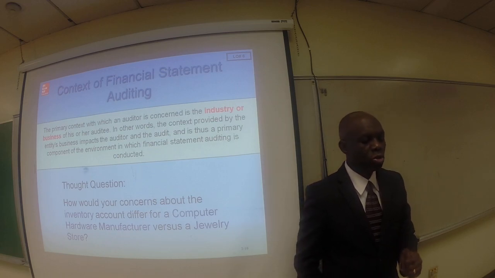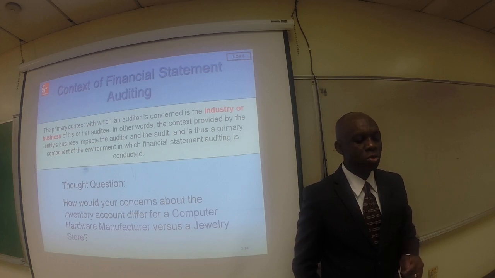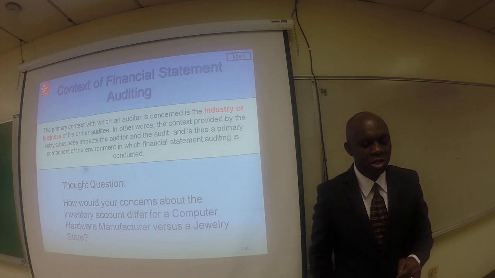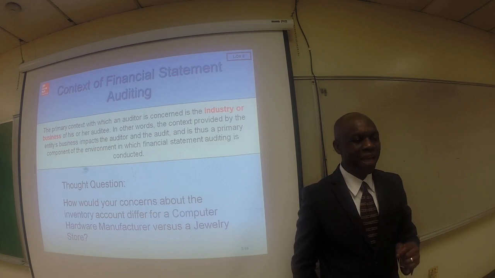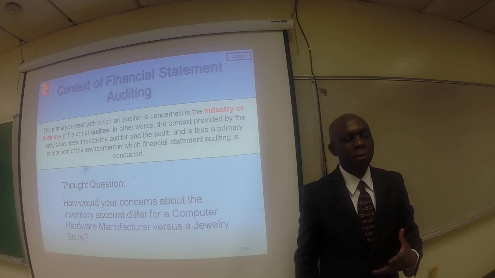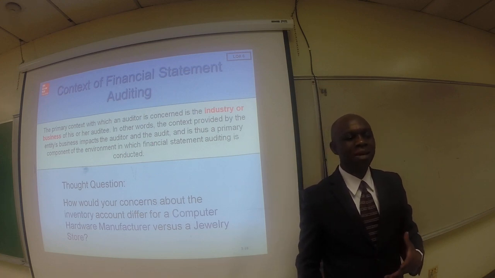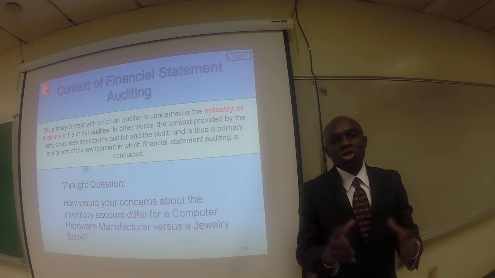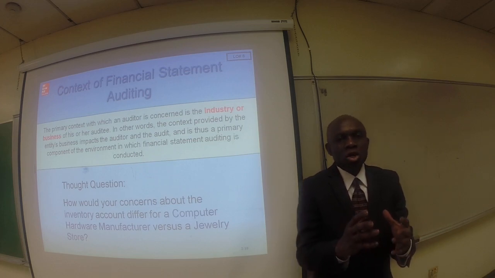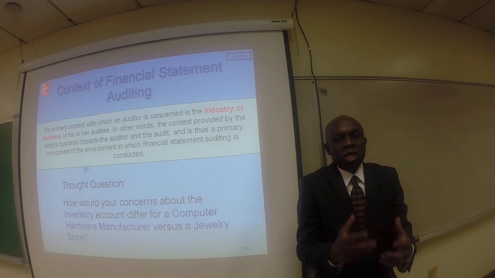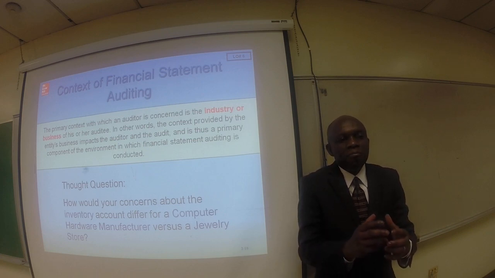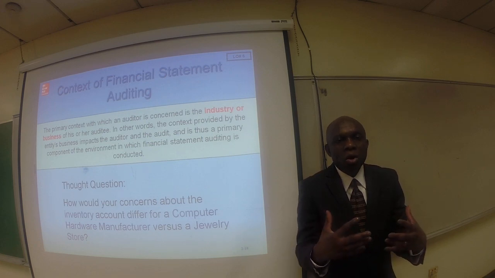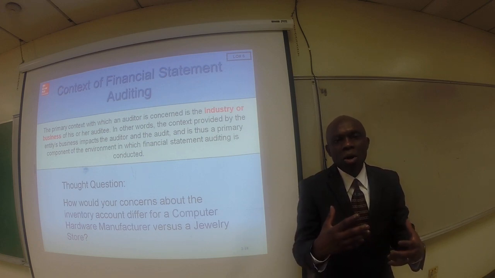This is part 2 of the chapter 2 presentation, the financial statement auditing environment. This is where we left off in part 1. We were talking about the context of financial statement auditing. In summary, we said that the industry in which a company operates, or the type of business that a company operates, has a whole lot to do with how an audit